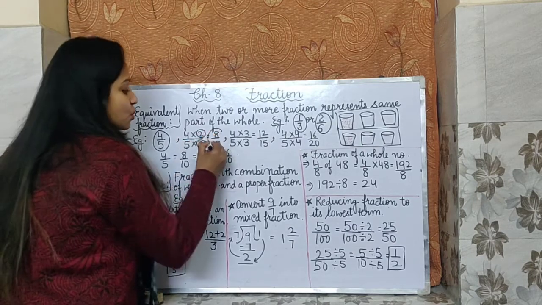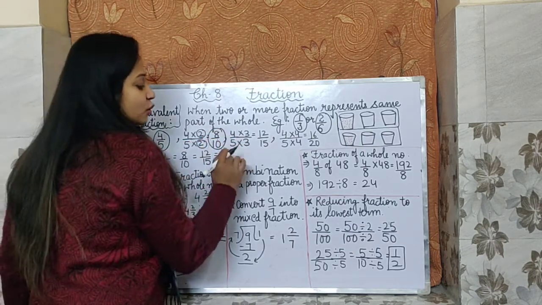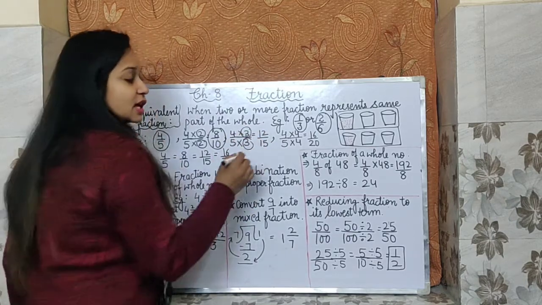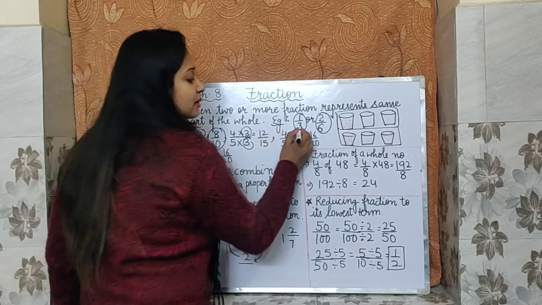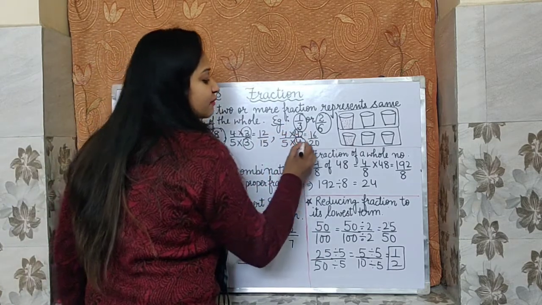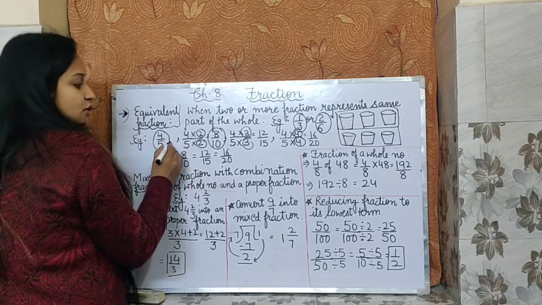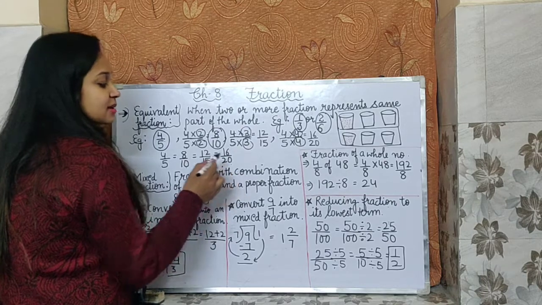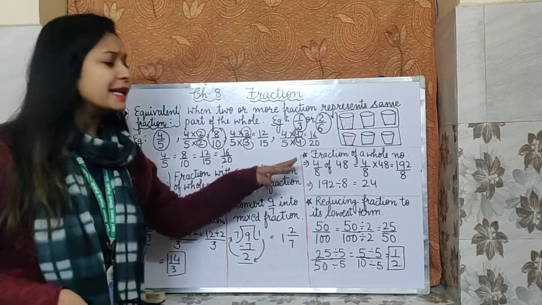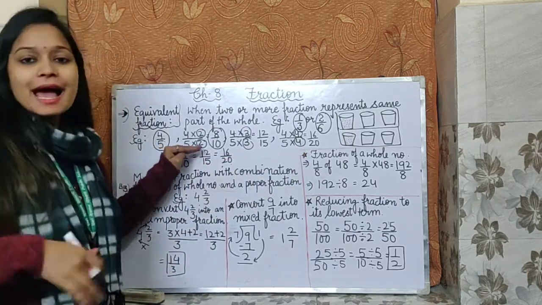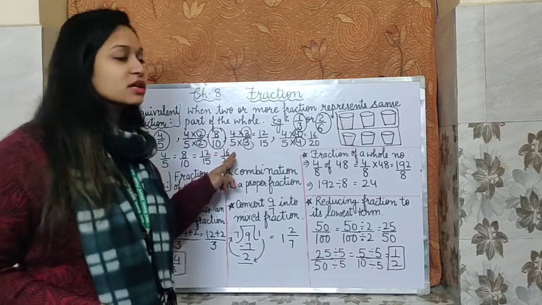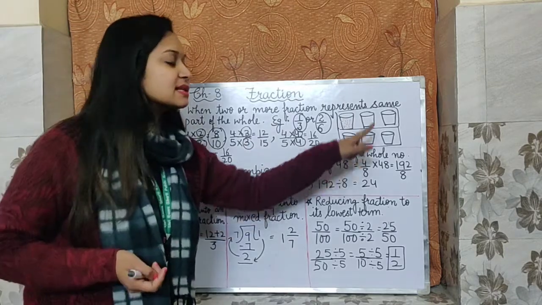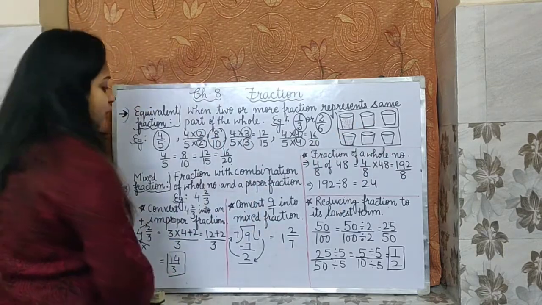I'll multiply with 2, 8/10. When I want to find one more fraction, I will multiply with 3. 4 3s are 12, 5 3s are 15. For one more fraction, I'll multiply with 4. 4 4s are 16 and 5 4s are 20. So equivalent fractions of 4/5 are 8/10, 12/15, 16/20. I can find any number of equivalent fractions by multiplying the upside and downside with the same next number: 2, 3, 4, then 5, 6.